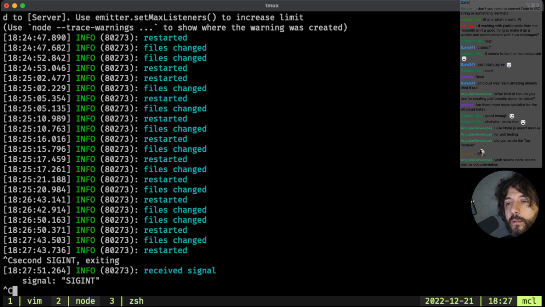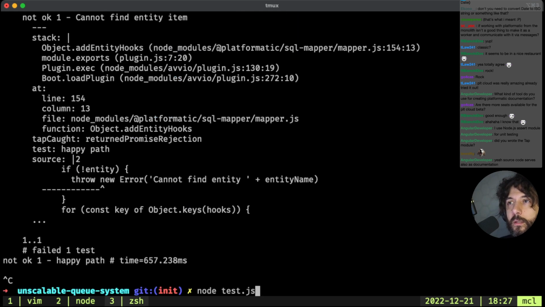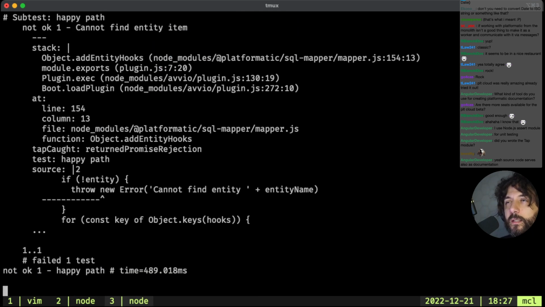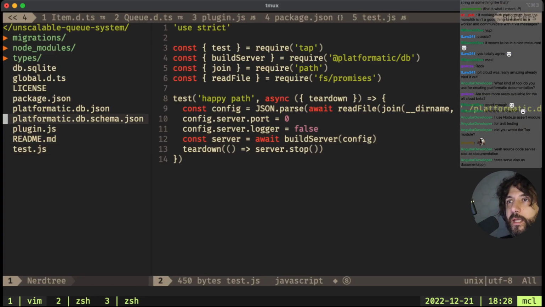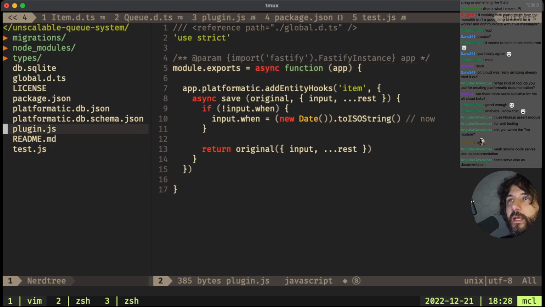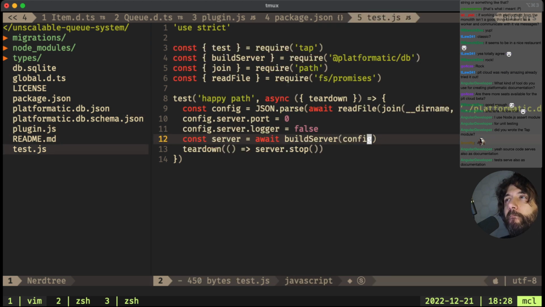Okay. Cannot find entity item. Why is it complaining that it cannot find the entity item? Let's print the config.